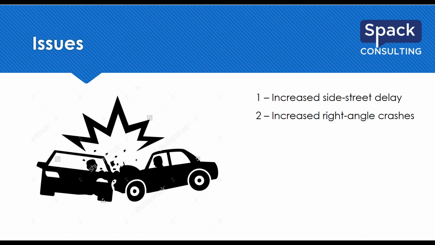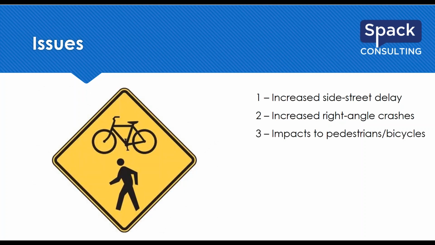light. Another possible issue is, depending on the traffic control you go with, there could be impacts to peds and bikes. Whereas before, if there was a signal, they had kind of a phase in the signal to cross. Whereas now, if you're putting in maybe a side street stop, they may be playing a little Frogger as they cross the street. Hopefully not, but